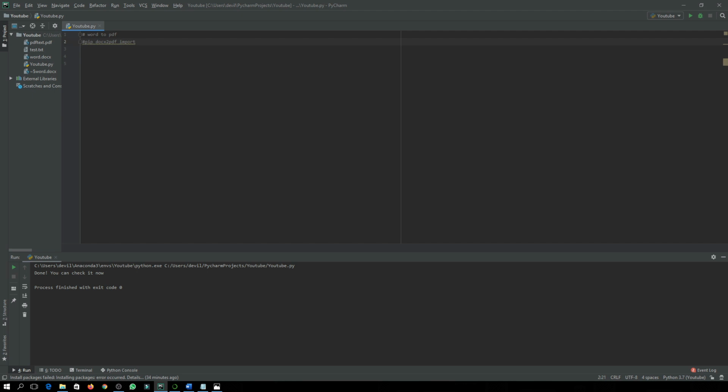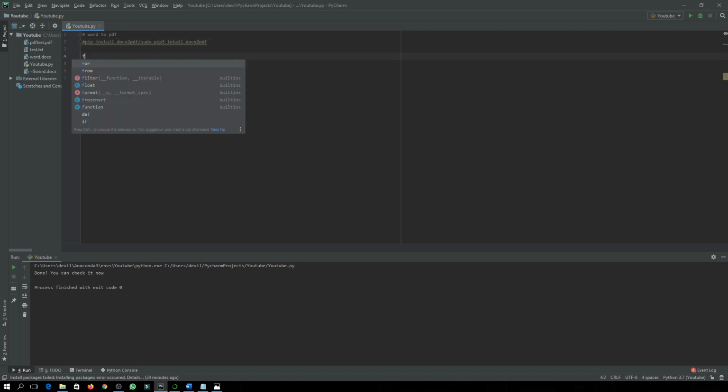From docx2pdf you have to import convert. So write pip install docx2pdf, and if it doesn't work you can try sudo pip3 install docx2pdf. And if it also doesn't work, you can simply go to Anaconda Navigator and install it from there.